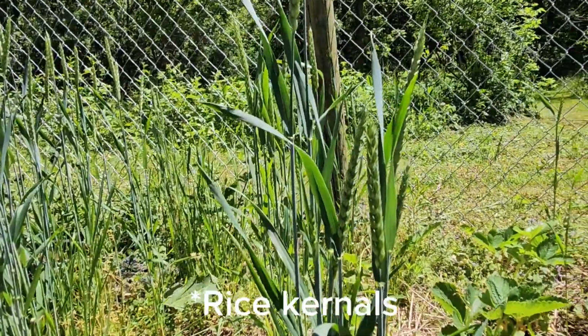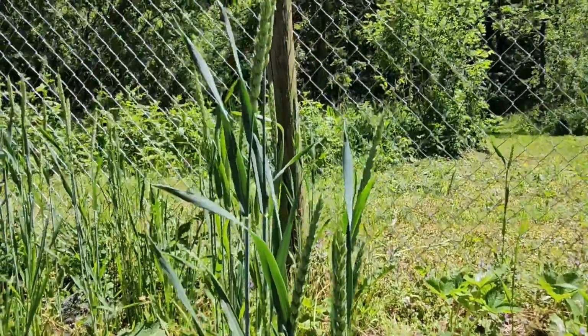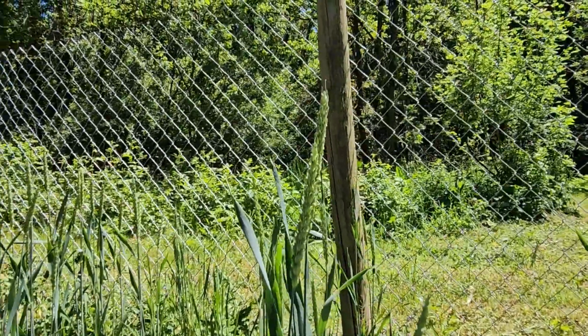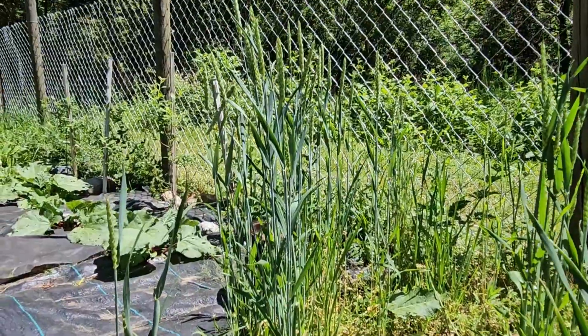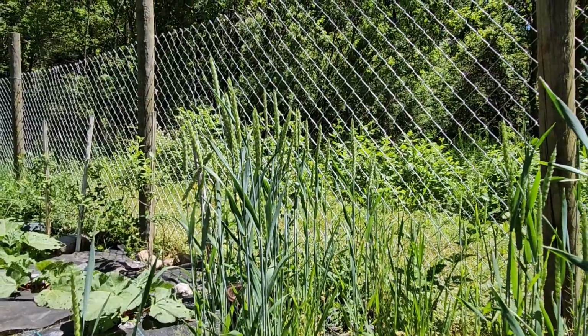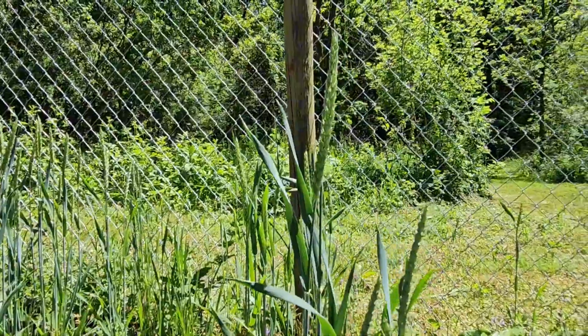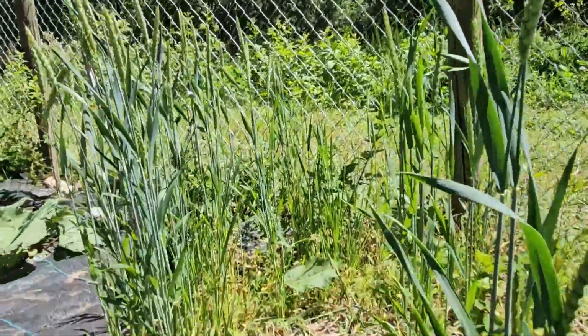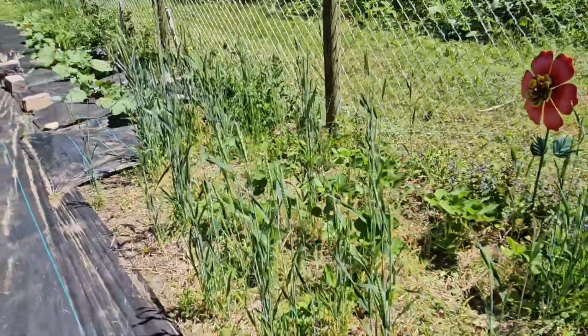So we don't know if these are going to get longer, droop over, and turn golden. If they do, then that's probably the rice that I planted a couple of years ago, and maybe it just needed to be planted directly in the ground. Because what I remembered was I tried to grow the rice in a couple of really large pots down here, and like I said, nothing seemed to happen. So I think I threw the soil that was in those pots into this section of the bed,